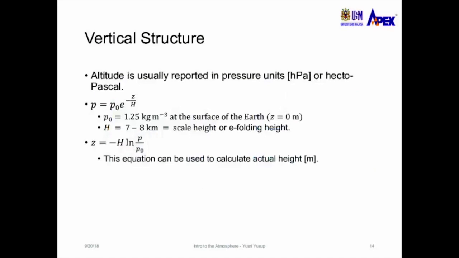And if you want to calculate the height, we just rearrange the equation to become Z equals minus H multiplied with natural log of P over P naught, and we can calculate the height. The thing that changes here is the pressure, because the pressure changes with height. So when we input the pressure at a certain height, and using the constants of H and P naught,